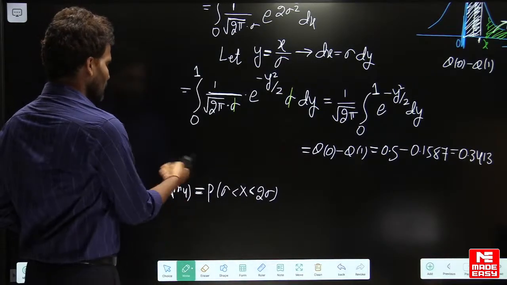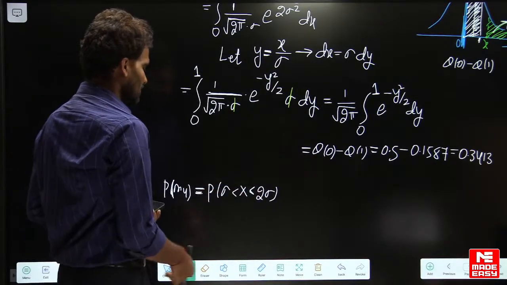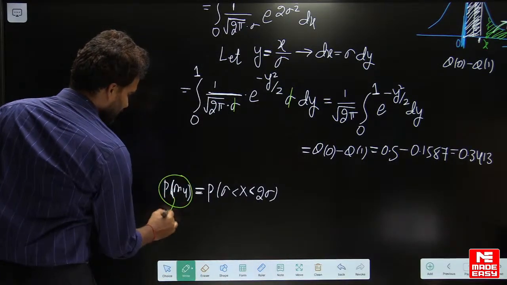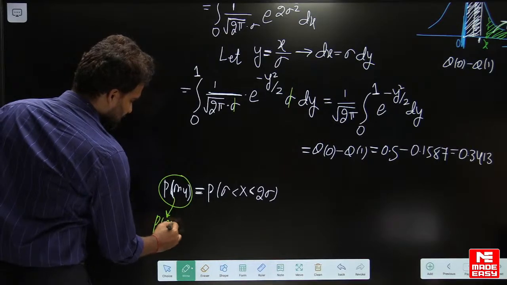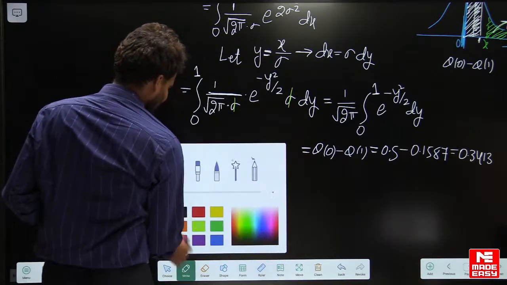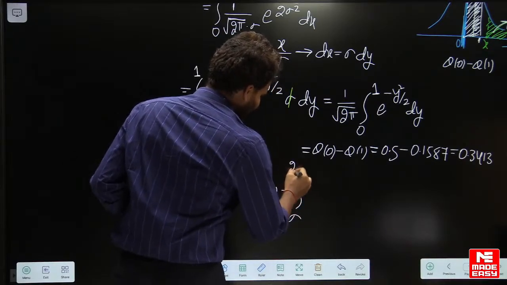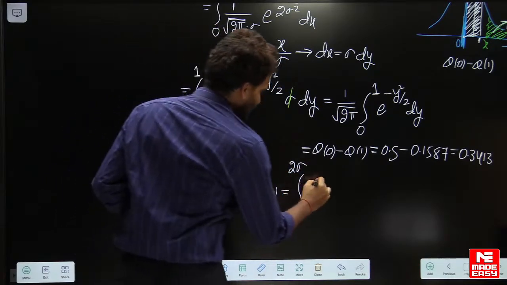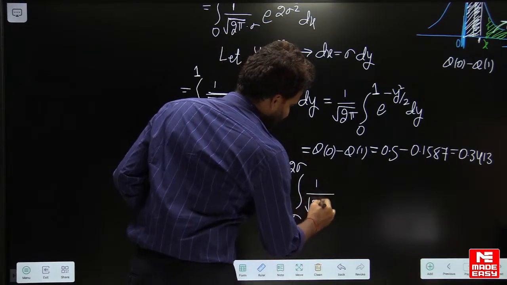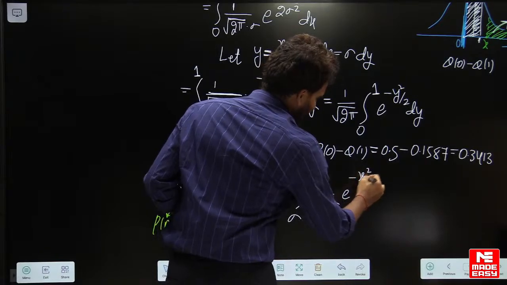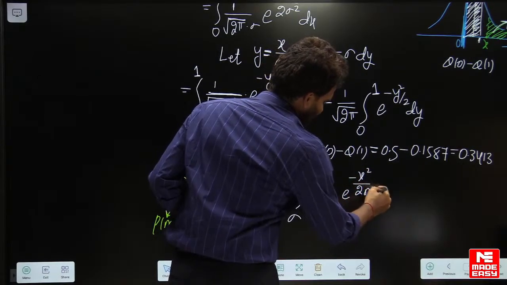So this PM4 will be the same as PM2, and it is integration sigma to 2 sigma of fx of x, 1 by root 2 pi sigma e power minus x square by 2